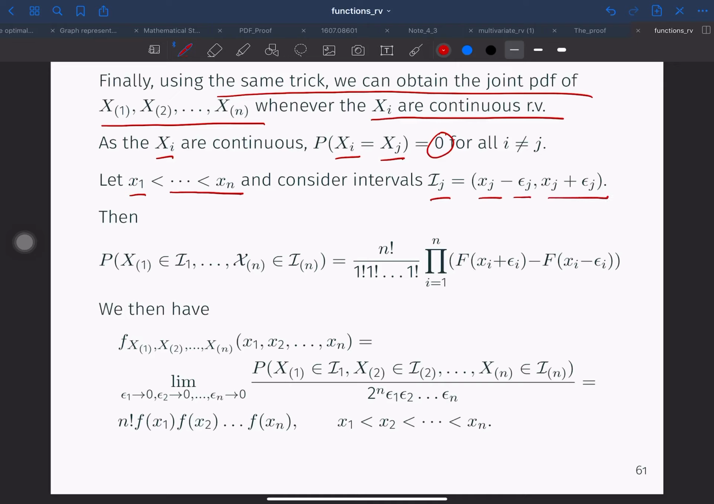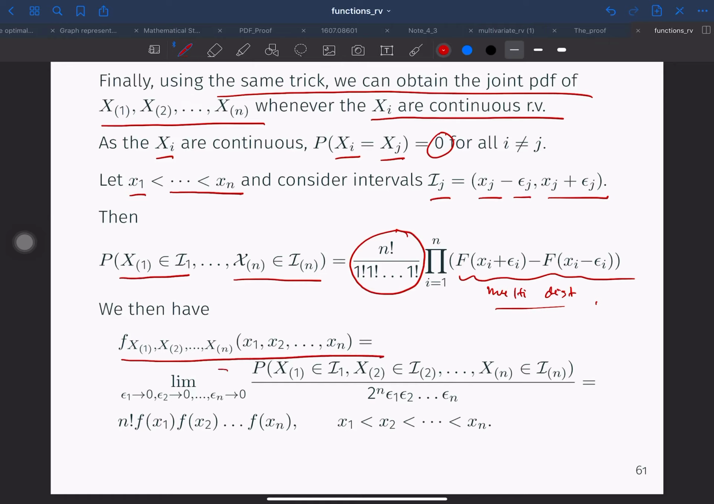Then the probability that the first order statistic is in I1, the second is in I2, and the nth statistic is in In is now the multinomial trials, and this is the multinomial probabilities. So this is once again the multinomial distribution. And so to get the joint PDF, we just have to take the derivative of each of these quantities. So that's the same as taking the limit of epsilon 1 equal to 0, epsilon 2 equal to 0, epsilon n equal to 0 of this joint